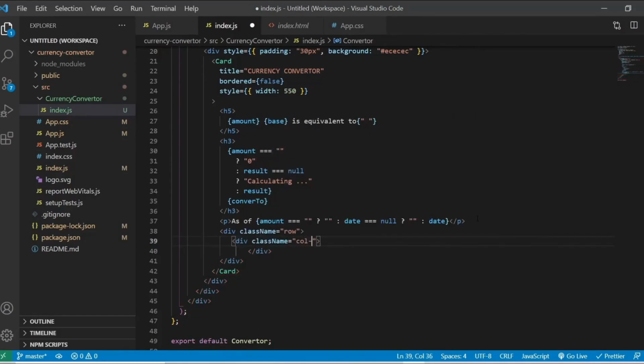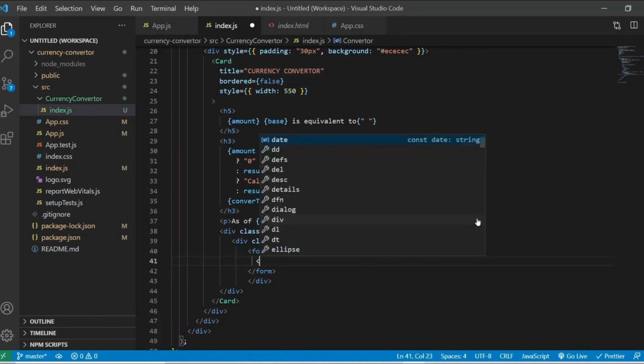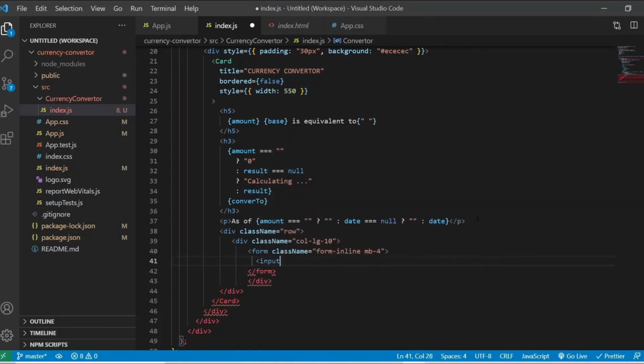I'll give here col-md col-lg-10, and we need a form here as well. So we need to provide class name here as well for the form. Form inline and mb-4 means margin bottom. So I am just giving the margin bottom, and I will have one input field here,